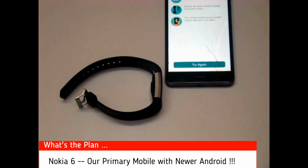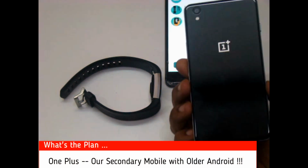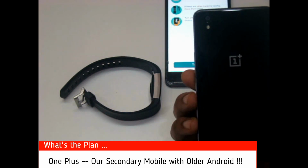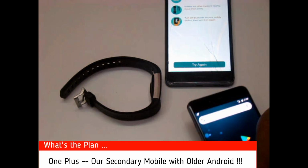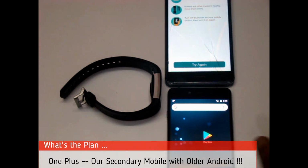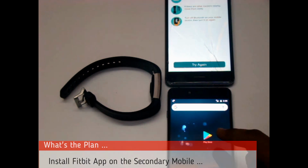Okay, let's say this is our secondary mobile. This is a OnePlus Android mobile. It belongs to my wife. I borrowed it from her. So what we're going to do is install the Fitbit app on this mobile and log into